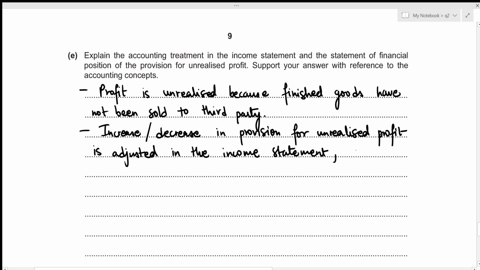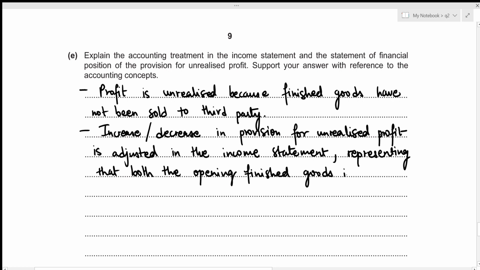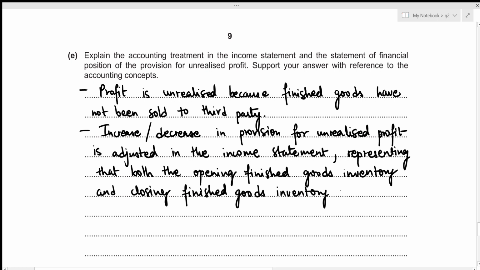Let's write it down as well, representing that both the opening finished goods inventory and closing finished goods inventory are stated